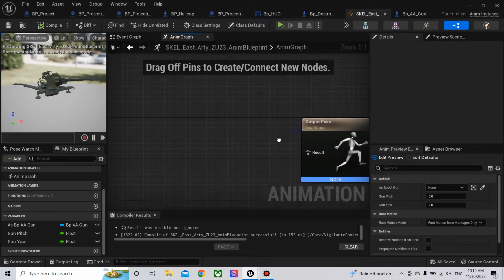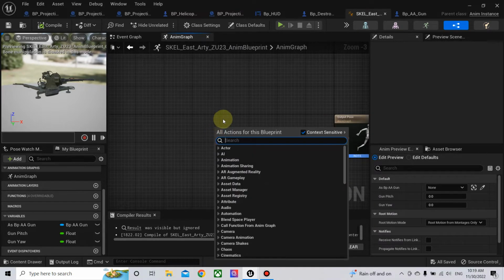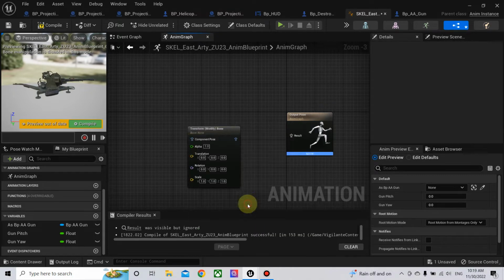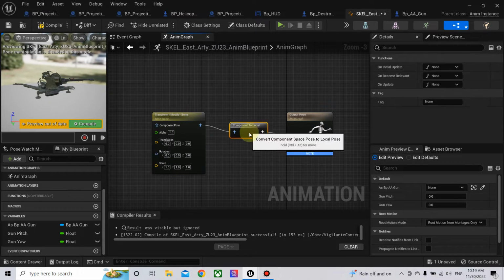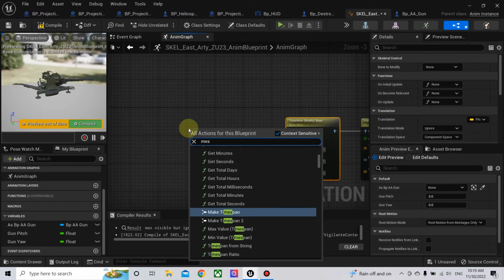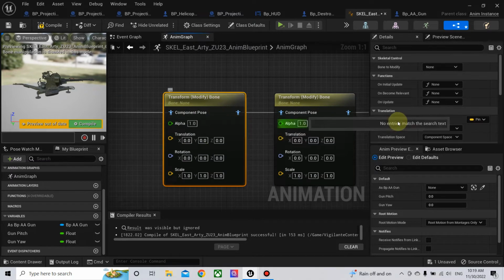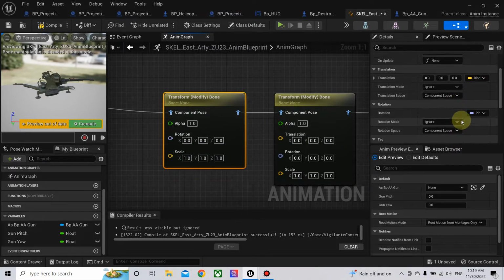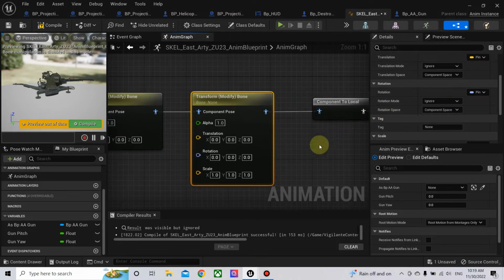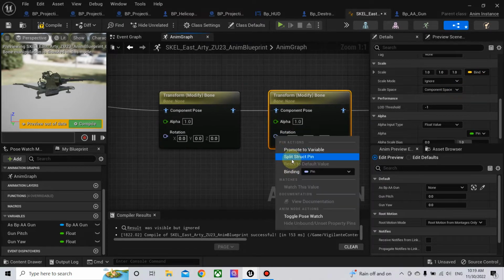Now let's go to the animation graph. What we need here is Modify Transform Bone. We need mesh ref space. No, we don't need the translation. Also, we don't need the scale. Rotation, add to existing. Here the same. Do not need translation and do not need the scale. But split the rotation